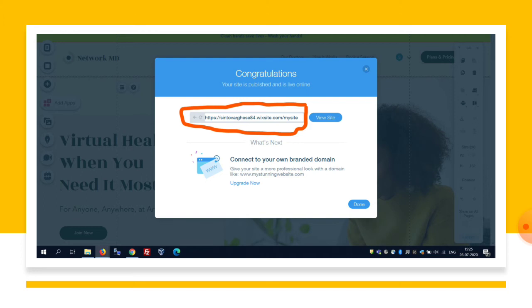Correct, all the platforms use drag and drop methods, very easy, but it will discourage or limit your creativity. You are using it directly, so it will reduce your creative ideas. And obviously we have some privacy issues, security issues that will always be there with the free options. So remember all these things before you publish your website. But it's a very easy method to create a website, and if you want to see how your website will look, you can create and check it.